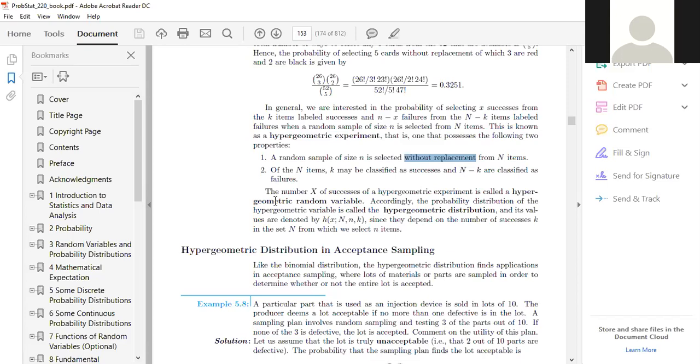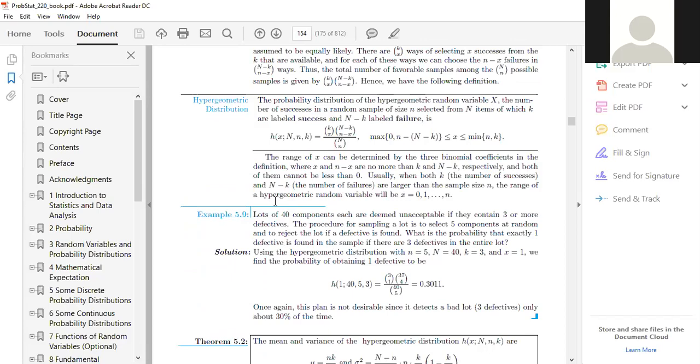So now I would like to go for the definition for hypergeometric distribution and its mean and the variance. Definition of hypergeometric distribution is given like this. The probability distribution of the hypergeometric random variable X, the number of successes in a random sample of size n selected from capital N items, of which k are labeled as success, so naturally N minus k is failure, as I